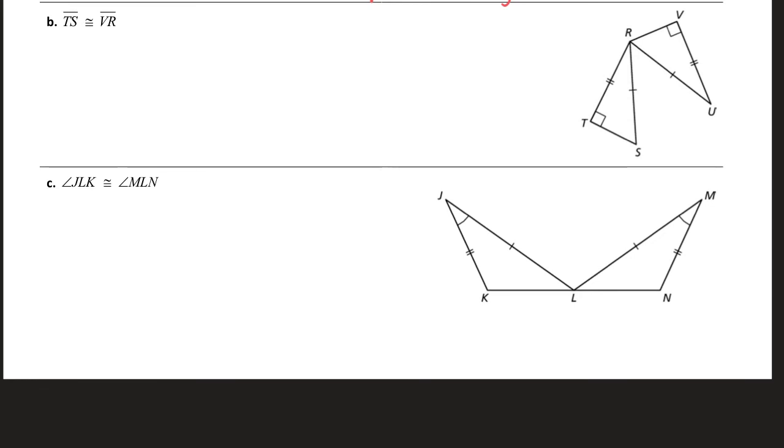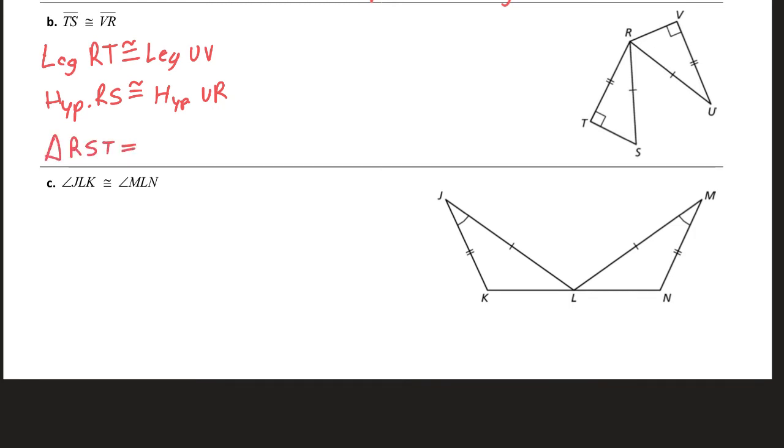So leg RT is congruent to leg UV because they have the same little double marking there. Hypotenuse RS is congruent to hypotenuse UR. So these triangles, I would say triangle RST is congruent to triangle URV